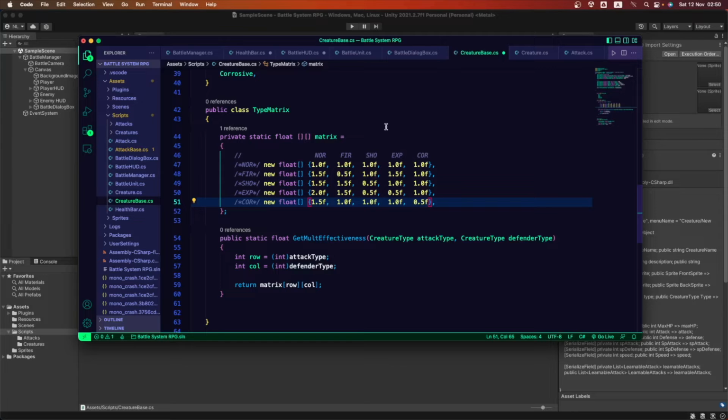Okay, so now let's go into using this result in our make damage or attacking formula, but we're gonna be doing that inside our creature script. Okay, so let's save this one and let's go into that.